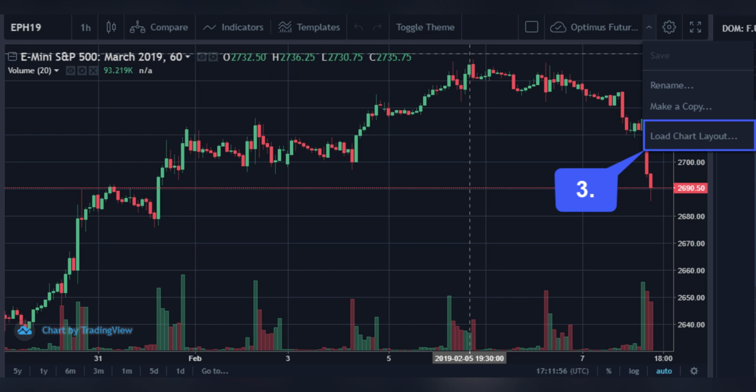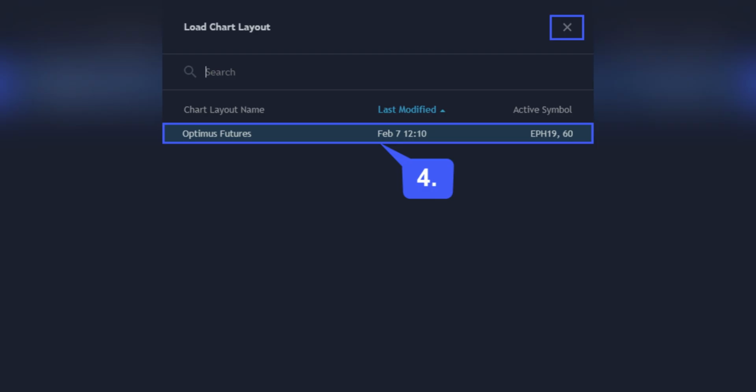on your saved chart. Saving your charts is really useful if you trade multiple strategies or want to keep your workspace organized. Instead of manually adding everything each time, you can quickly switch between layouts for different setups, like one for scalping and another for long-term trends, and that's it. Now you know how to save and load chart layouts in TradingView to make your trading workflow faster and more